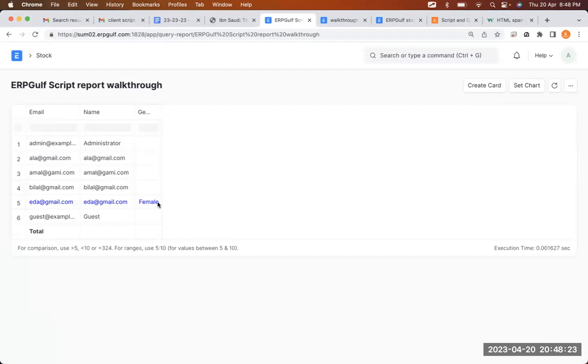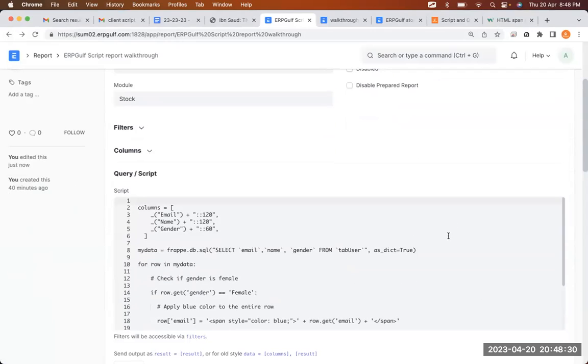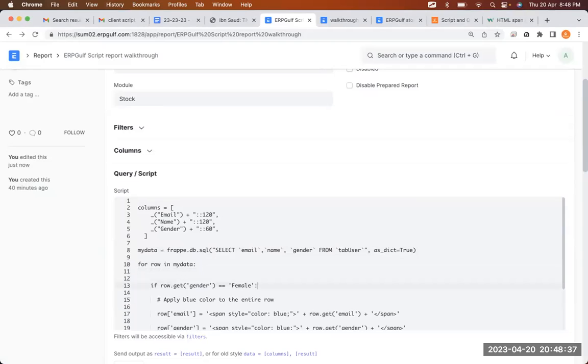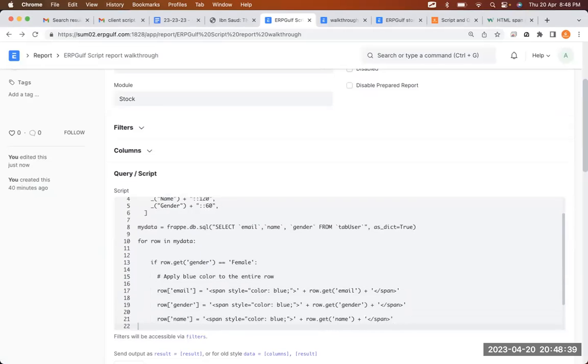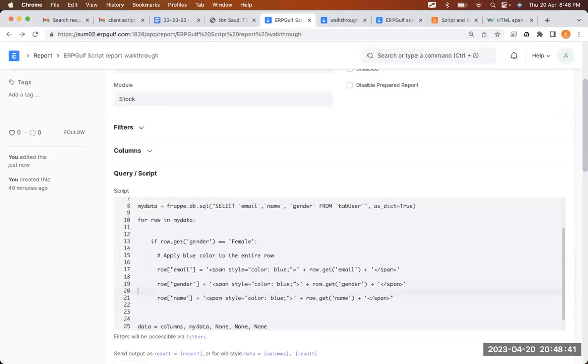Now see, this female row is only blue. Well, how have we done it? We take this SQL data, and we run it in Python. If you put a for row in my data, it will iterate. It will keep checking all the fields. And if row get gender is equal to female, then